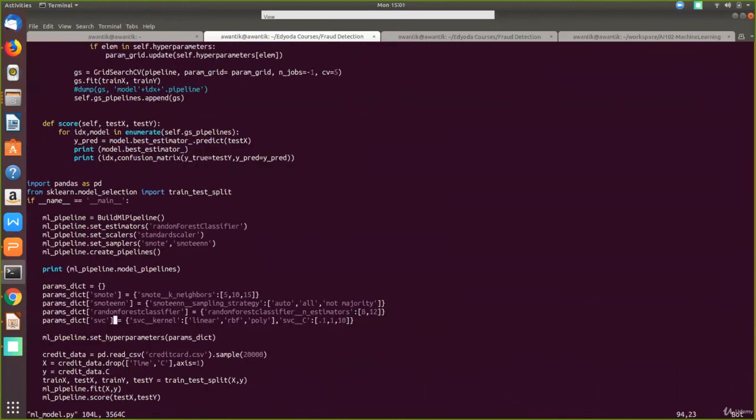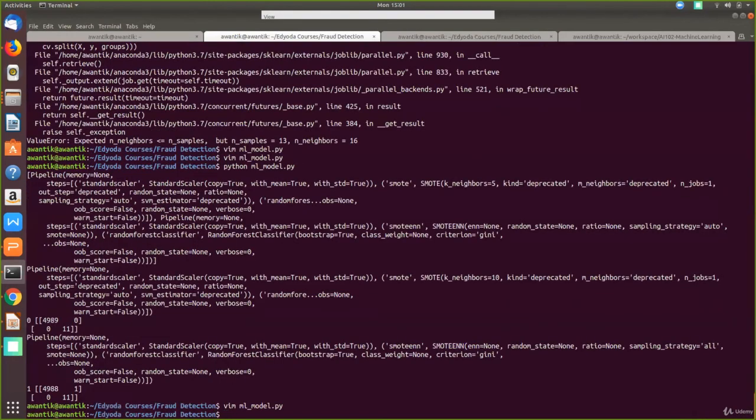All we have is, we configured all these hyperparameters. We had a few estimators, scalers, samplers, created the pipeline, configured all the hyperparameters, right? Then trained the model and used the score function. And we printed the confusion matrix here. In the confusion matrix, the diagonal tells you what is correct classification. Apart from the diagonal, these 0 and 1 tell you what is the misclassification.